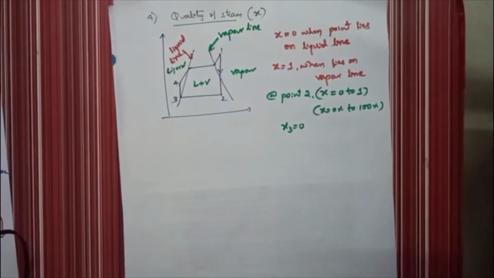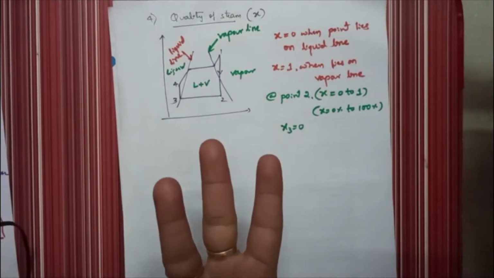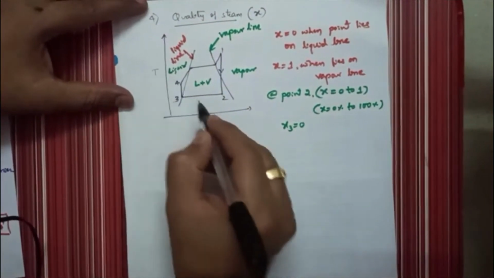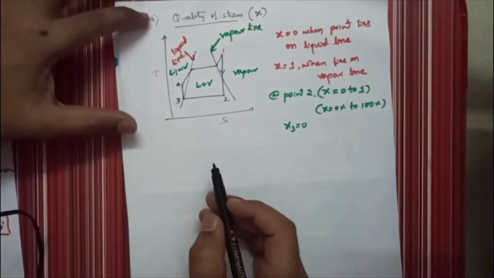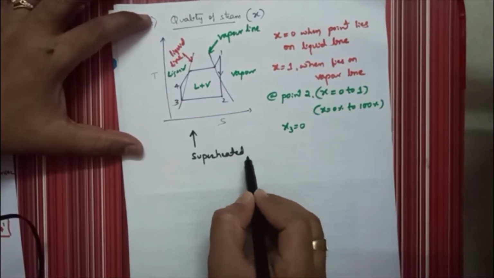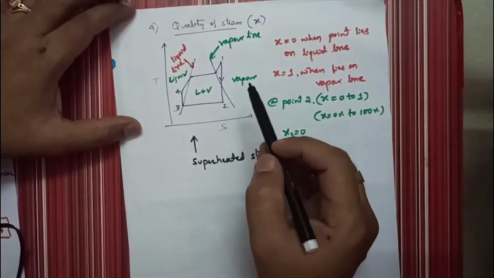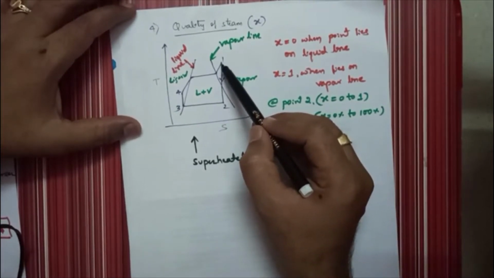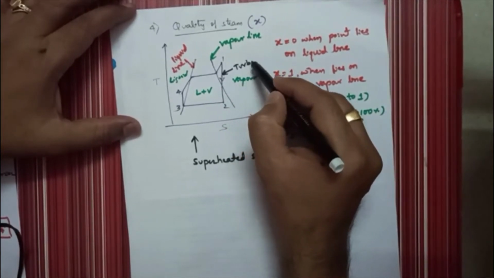Okay. So next point is, in the quality of steam, two types of numericals will be asked. This TS diagram that you have taken here is a superheated condition. This is superheated steam. What is superheated steam? Again I will tell you, superheated steam is the steam which is entering the turbine. Dear students, what is the 1 to 2 component? 1 to 2 is turbine.